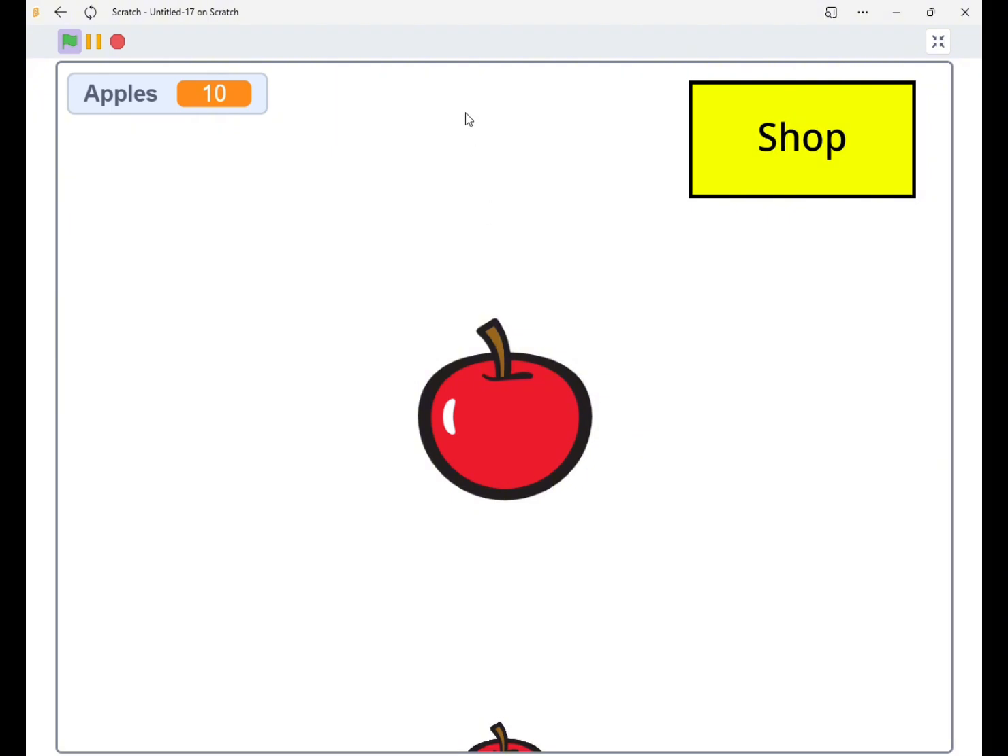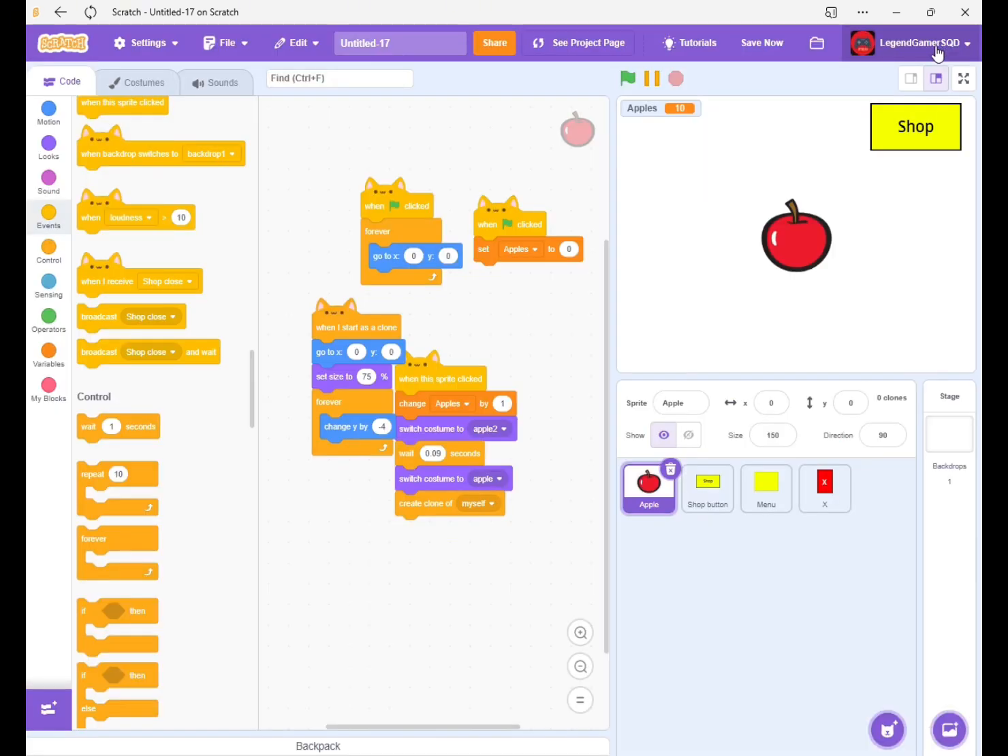And then we can exit our shop. Now let's get out of full screen and continue our scratching. So now that we got the shop ready, I would have made this video a little bit too short